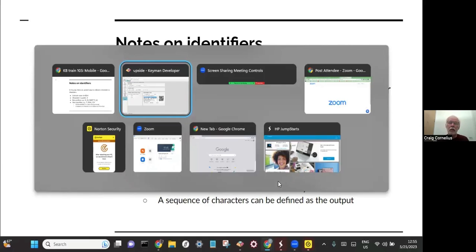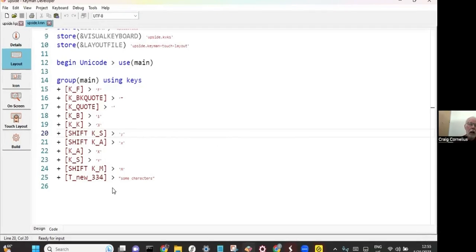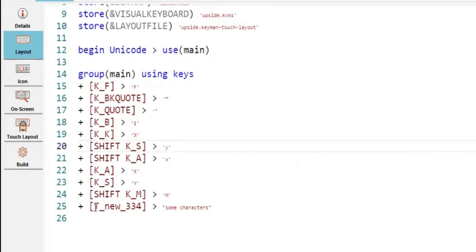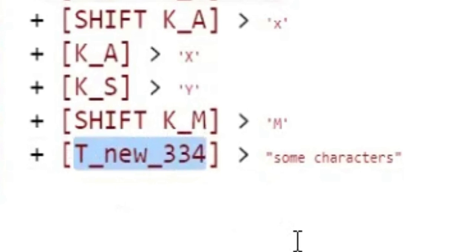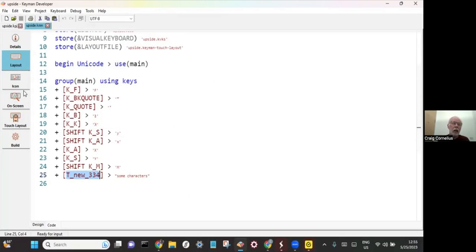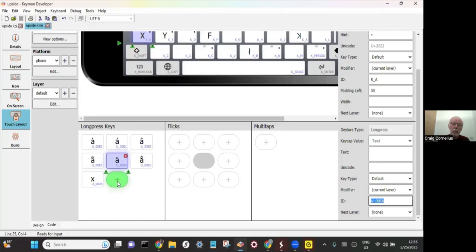So let me switch back to Keyman. I have actually defined a key in here. It is in the code for the base layer of Keyman. And I've said, let this identifier T underscore new underscore 334 be a definition, and its output is just a sequence of characters. And I put them in quotes, some characters here. I go to my touch layout and add a new one here and change this to T334